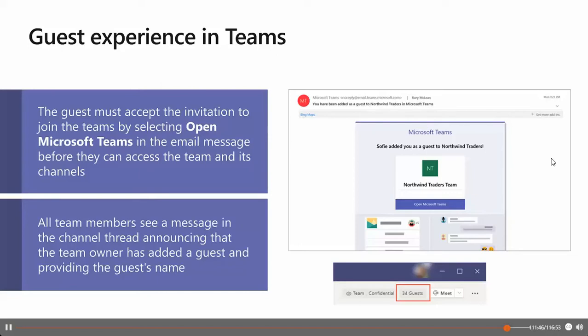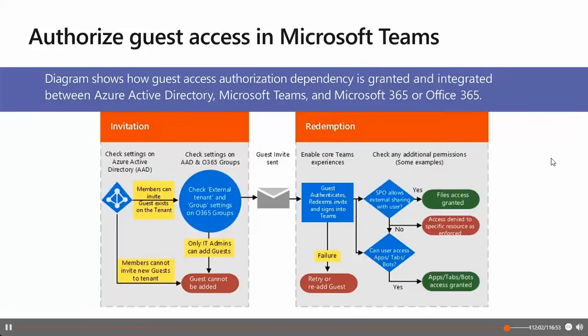And the third option what we have is the guest user access is restricted to specific properties and memberships of their own directory object. So that's the most restrictive option, which means that guests can only access their own directory objects in that case. If we need to authorize the guest access in Microsoft Teams, we need to have a look on the following diagram.